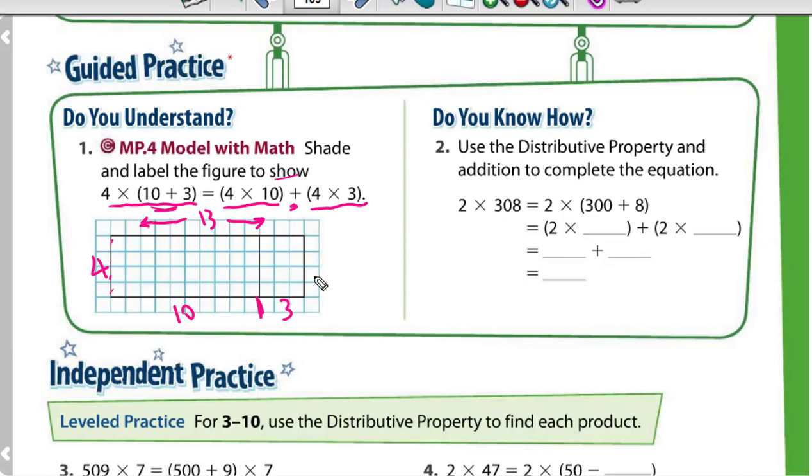So the first one here, this part, I will shade it like this. This part is 10 times 4. Okay? I will write it 4 times 10. So this is the first part. The second part is this part,